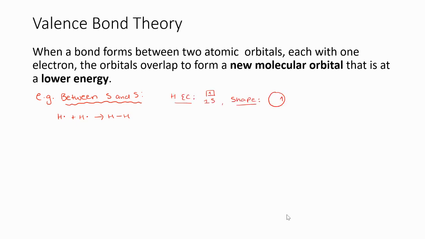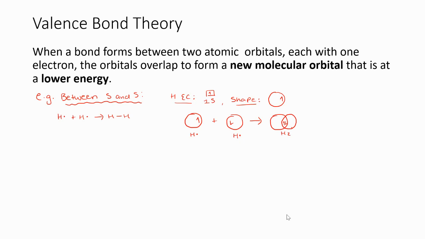So the electron configuration of hydrogen looks like this, where we've got one electron in the 1s orbital, and the shape, as we know, is spherical, with the valence electron sitting there ready to interact with something else. So if we take two of these and form one full complete orbital with two electrons, then the two spherical shapes actually need to overlap,